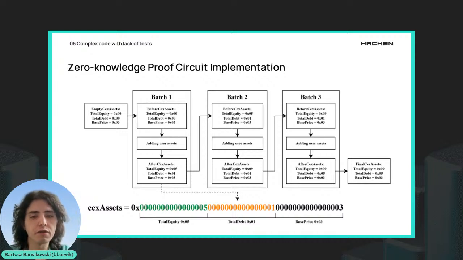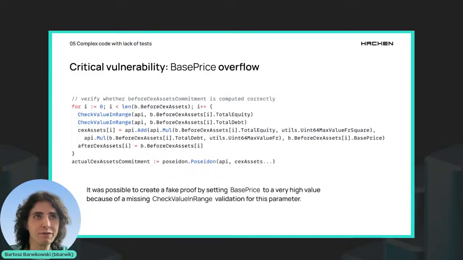There's an article on the Hacken website, the Hacken blog, and from what I remember, there are some talks about this on YouTube. I gave this presentation 2 or 3 times. So if you search for Bartosz Barwikowski, Binance, proof of reserves, then you will find it. It was a very, very interesting issue, and it was the only issue which I found in zero knowledge proof,